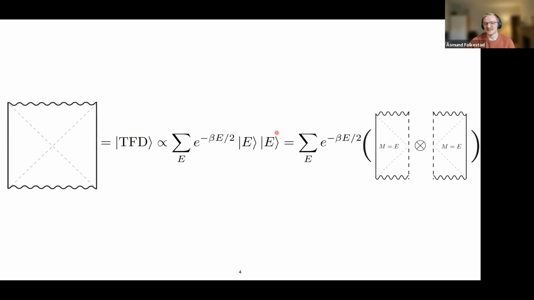And the interesting thing is that, to the extent that each of these energy eigenstates has a geometric dual, let's assume they have, then the geometry dual to the tensor product is just some disconnected geometry, two identical spacetimes that are disconnected. But somehow when you sum over them in this way, you actually get a connected spacetime. So summing over disconnected spacetimes seems to lead to a connected spacetime, which is interesting. And of course, when you form this sum, you introduce entanglement in your state between the two CFTs. So somehow, we see that the connected spacetime, or wormhole, emerges from entanglement.